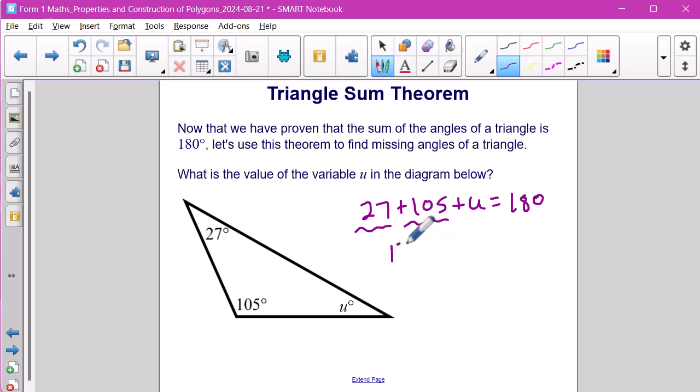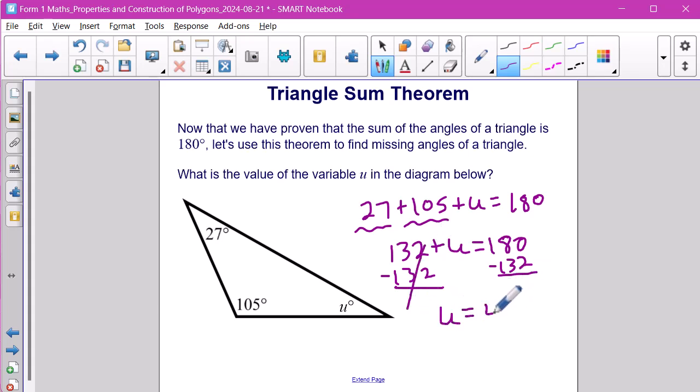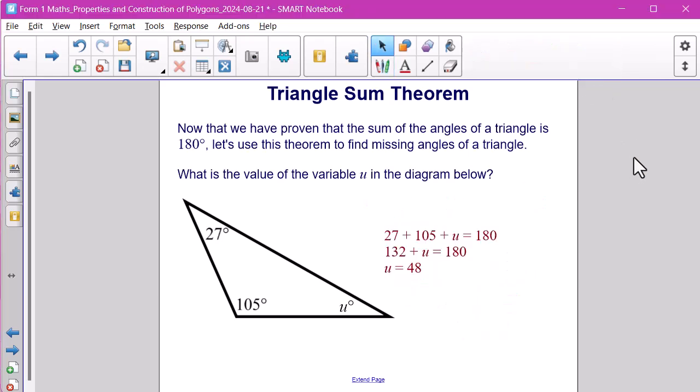we will get 132 plus u is equal to 180. And if we subtract 132 from both sides, we get that u is equal to 48. And since the degree symbol is already listed after the variable u in the diagram, we do not have to put the degree symbol with the variable u. And here's the solution to the example, and the solution shown here does match the solution that we found when